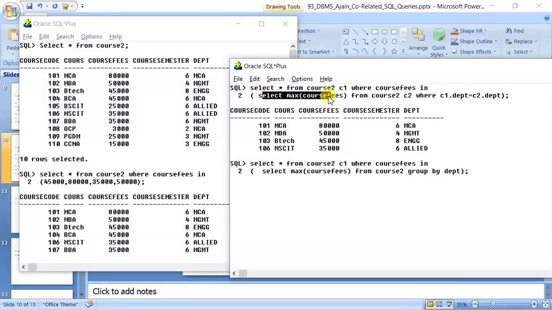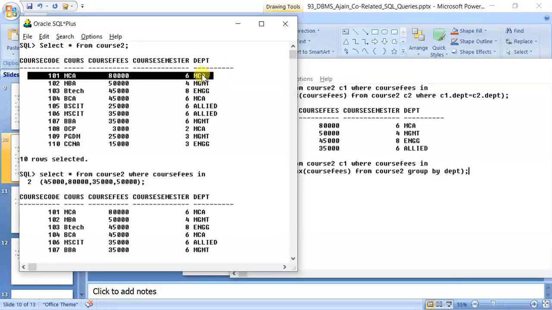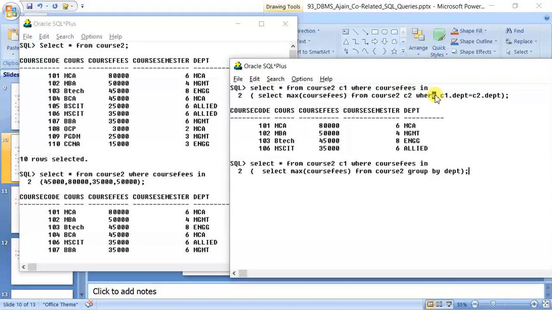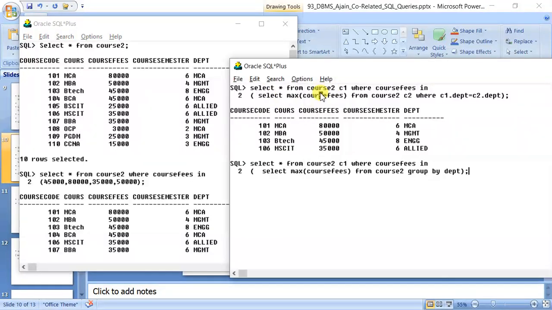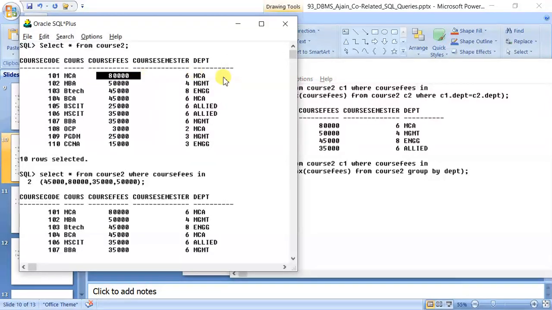Now Oracle will execute this max only on those records where the department of course C2 is equal to the outer record. In the outer record, currently the department is MCA. So the inner query will take only those records where department is MCA, and it will find the highest course fees, which will come out to be 80,000. So 80,000 and 80,000 will be matched and displayed.